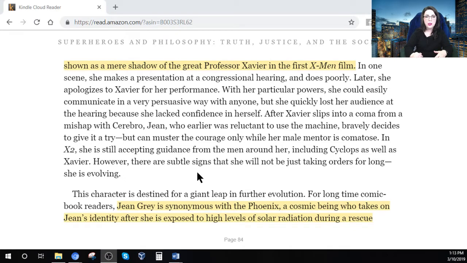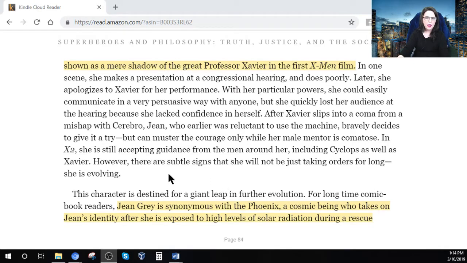What we later learn in a different movie is that Jean is actually the most powerful mutant that they have ever discovered, and Professor X has been using his mental abilities to block the Phoenix, who is uncontrollable, who seems to act out of anger and emotion and not out of logic. So if we take into account the foreshadowing that's going on in X2 and what Professor X was doing when he first recruited Jean, then we know that it's more than likely that the Phoenix will come on in another